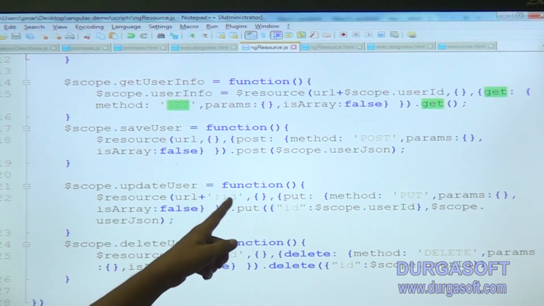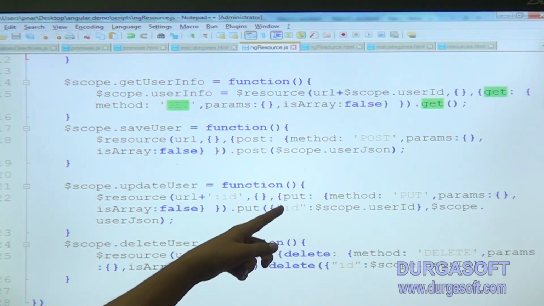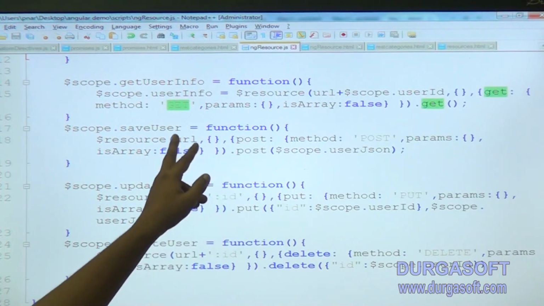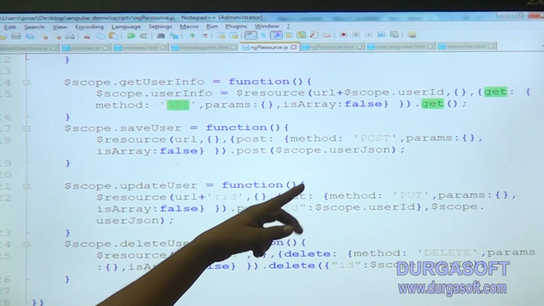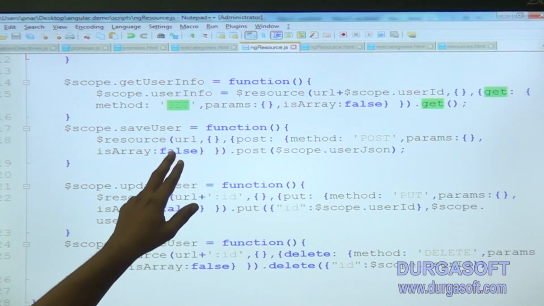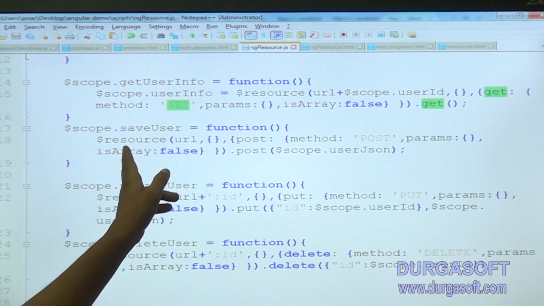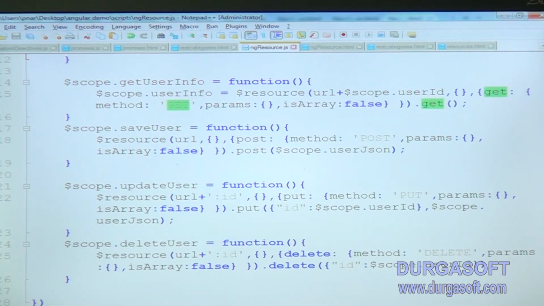In the same way, operation type put means we are using the put operation on this URL with these parameters. The same way, for save user we are using the post operation on this URL with these parameters. If we are retrieving an array, we put isArray is true. If we are not getting an array, then we put isArray is false.